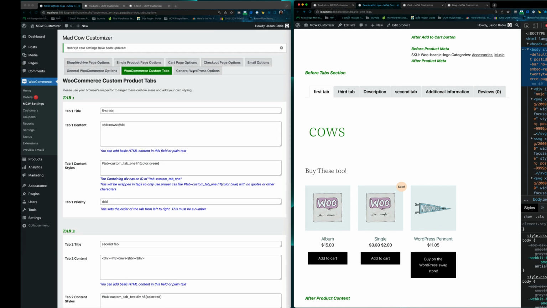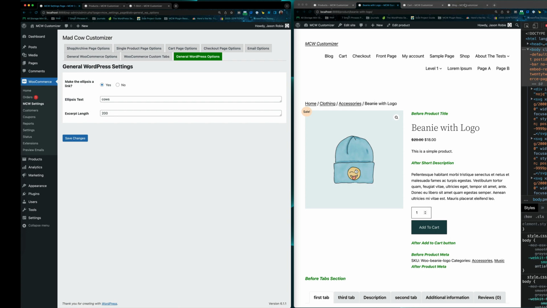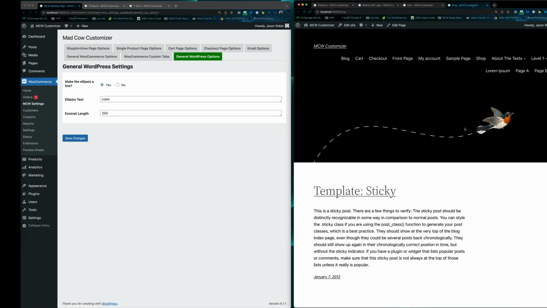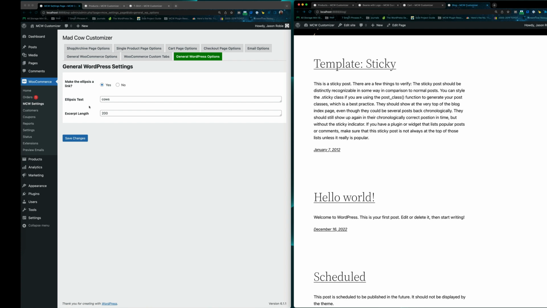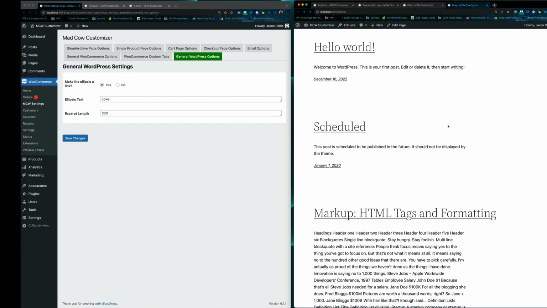Okay, so the last feature here is not WooCommerce. This is just straight up WordPress. So I just messed with the ellipsis and the excerpt. If you want to make the ellipsis a link, you just click this, because what happens out of the box, at least with the WordPress 2023 theme, which is what this theme is,